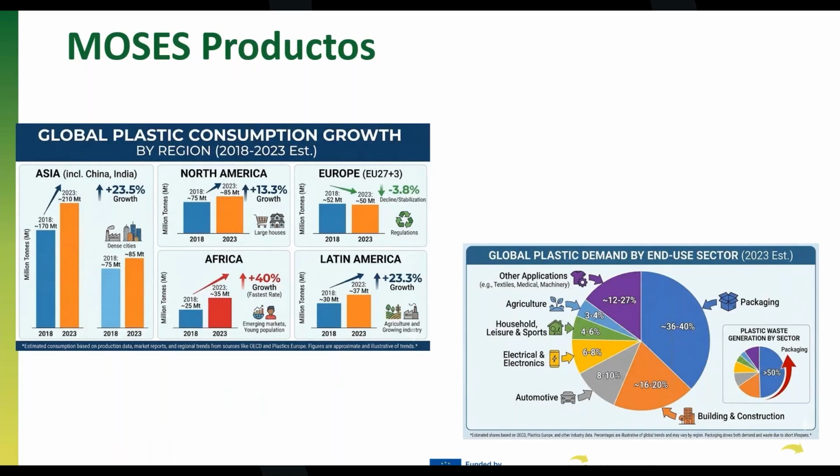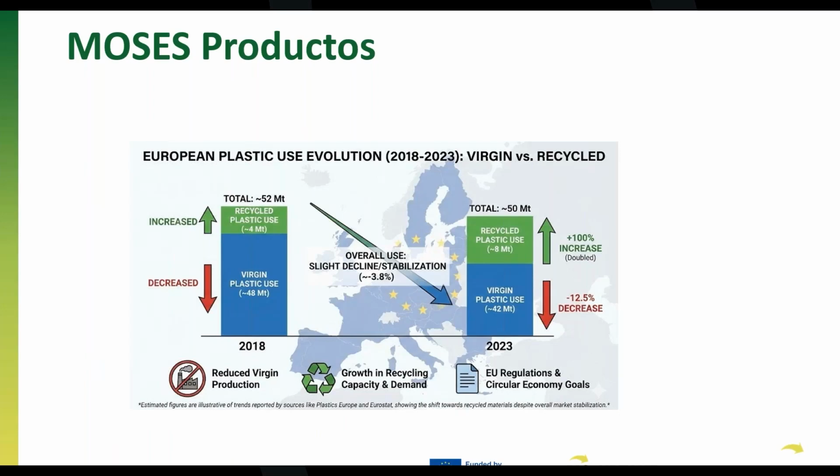In the next slide, you will see that what we have done in Europe is more than reducing: it has been reduced by 2 million tons per year, and we have changed the use from virgin raw material to recycled. And here it's also important, in this virgin plastic use, to introduce the bio-based components, which in this case I have not been able to find official data for, so I have not put it in here. But it will also be really interesting how Europe is going not only into recycling but also into bio-based, reducing in this way the environmental impact. In the next slide,